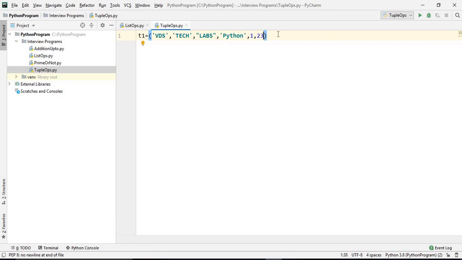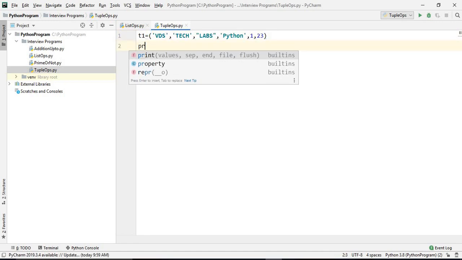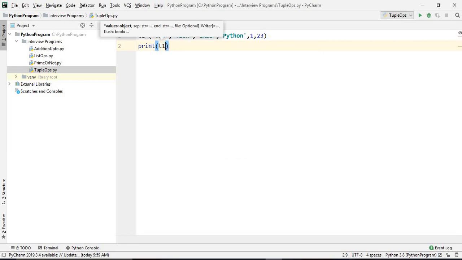So this is the tuple, and we can print this by using the print command. Print T1. We will use the shortcut Ctrl Shift F10.